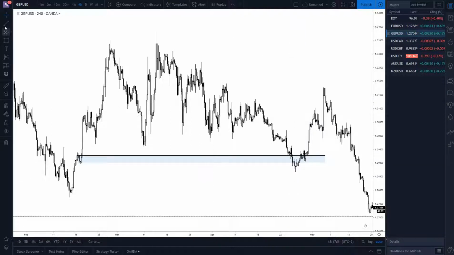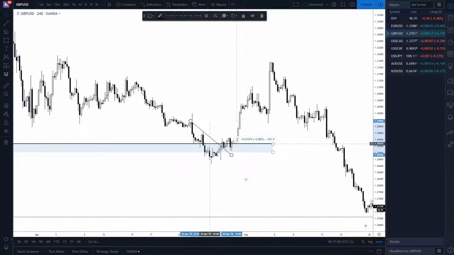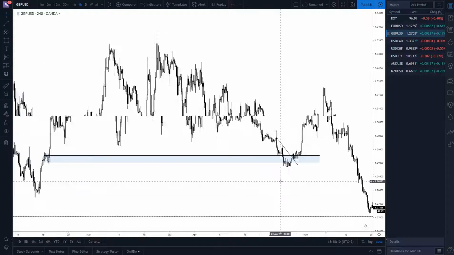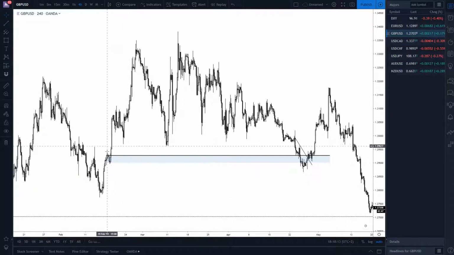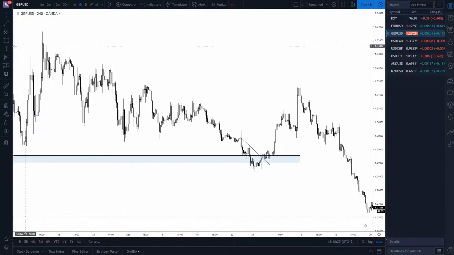But this is just one of the concepts of confluence, where we can draw our trend line, for example, okay, and we are waiting for a trend line break and retest. So once again, you are trying to find as many confluence factors as you can. But nonetheless, we fill the gap, then we make this messy structure here. But once we broke the trend line and the price was ready to push higher,